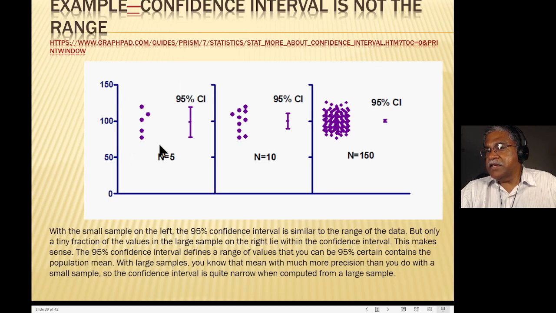In this case, it's a little different, right? It's a little different because the 95% confidence is calculated for the entire thing. Here, of course, you can also see it's about the confidence. So the full way you say it is, it's 95% confidence about the mean. Okay, so with large samples, the more precise, remember I used the word precise, which means the larger the collection is, the precision is a measure of the deviation about the mean. So the confidence interval is quite narrow when computed from a large sample.